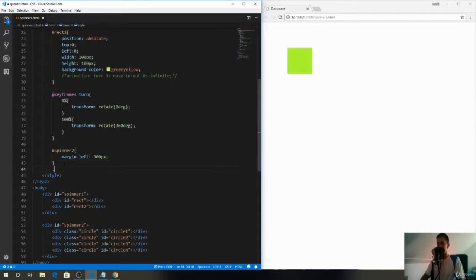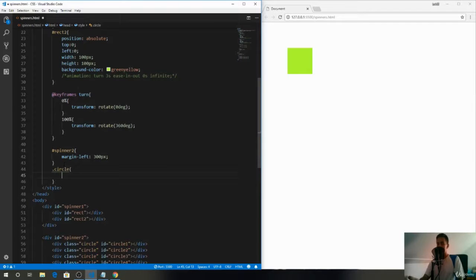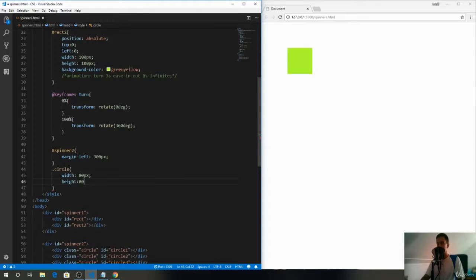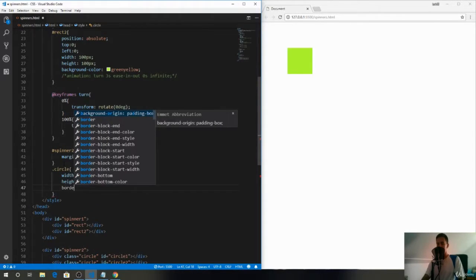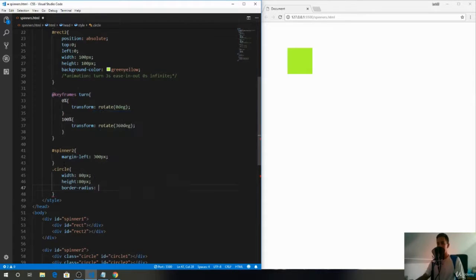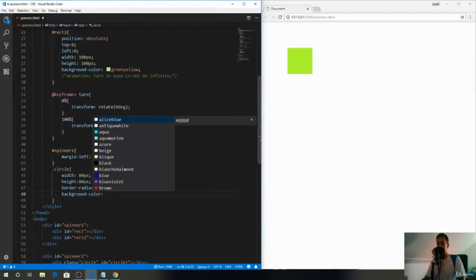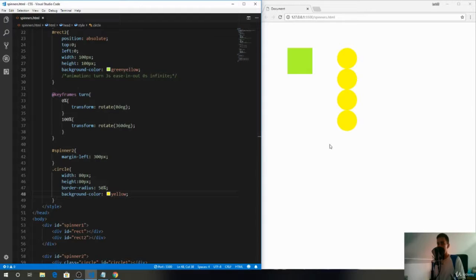So let's define the class. In here just write .circle, and let's style it. The width will be 80 pixels, and the height will be the same, 80 pixels. The border radius will be 50% so that we have actual balls. And the background color will be yellow. Hit save, and there are 4 balls. Great. Now let's display them